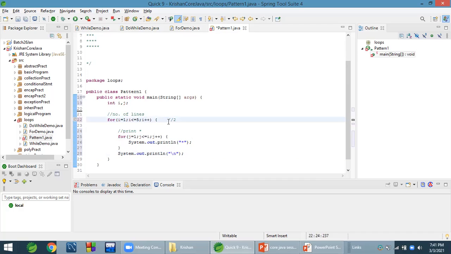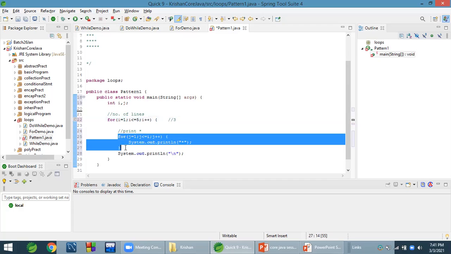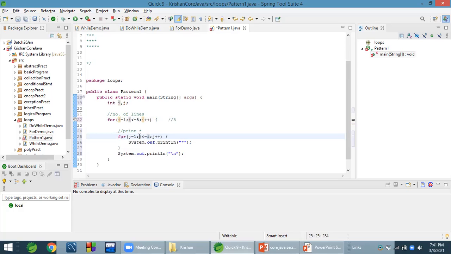Again it will do i plus plus, meaning 3. Now this loop will execute 3 times, because the value of i is 3. Till j is less than or equal to 3, it will execute. So it will execute for 1, then j value will be 2. 2 is less than 3, yes, it will execute. Then 3, it's equal to 3, so it will print. Then j plus plus makes 4, 4 is not less than or equal to i, which is 3, so false, go to the next line and i will become 4.